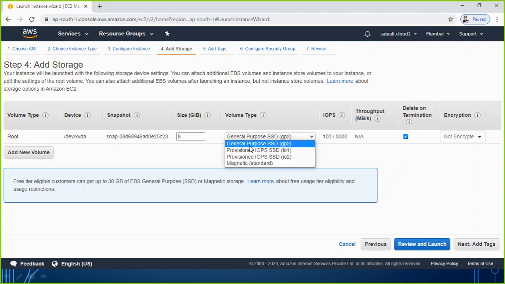I have also explained about this in the last session. This is magnetic, a standard type of hard disk. If you go for SSD, you have options like IO1, IO2. These are for high input output, and this is the basic one, general purpose. GP2 means general purpose SSD. This question may come in an exam, interview or somewhere, so please pay attention here. When you are creating an instance, if you are selecting volume type GP2, what does it mean? You have selected a hard disk that is general purpose SSD.